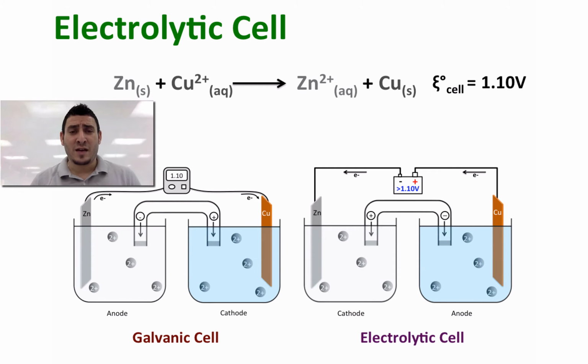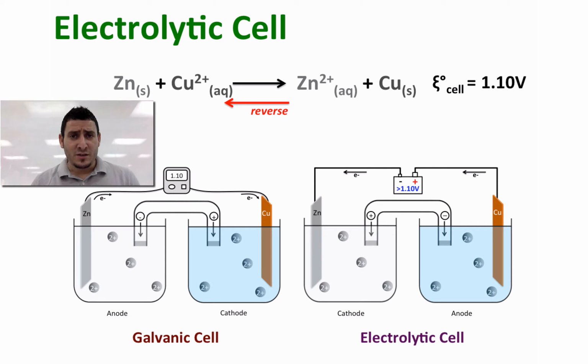Consider the following reaction between zinc and copper. The cell potential is 1.10 volt, which is positive. So this redox reaction will proceed spontaneously in the forward direction, and therefore it will form a galvanic cell. If we were to force this reaction to proceed in the reverse direction, we have to apply a potential which is greater than 1.10. The power source with a voltage greater than 1.10 will force the electrons to flow in